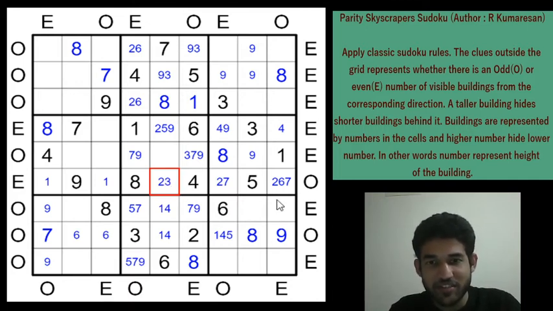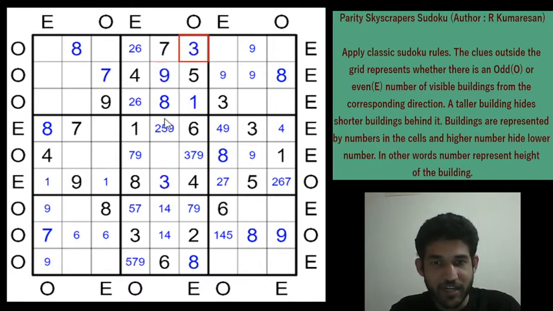It's very difficult to see such deductions in contest. So if there is a 2 here, then the outside parity becomes even because 2, 7 and 6 and you will see 4 buildings. So this will be a 3, right? And that immediately gives a 9 here and a 3 here using the classic rule. And this becomes a 7, 9 now because 3 is eliminated. Now we get a 7, 9 pair. So remaining digits are 2, 5 in box 5. We can place them.